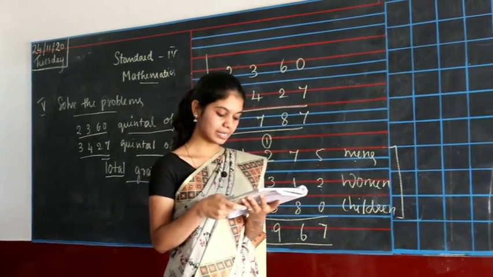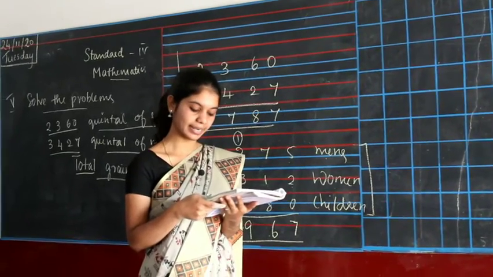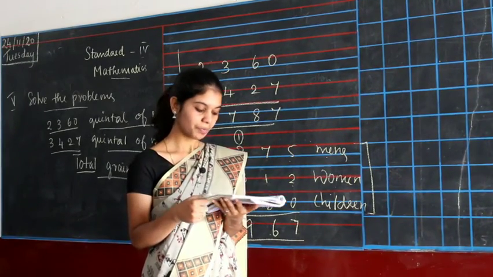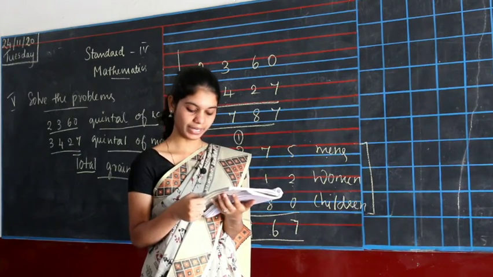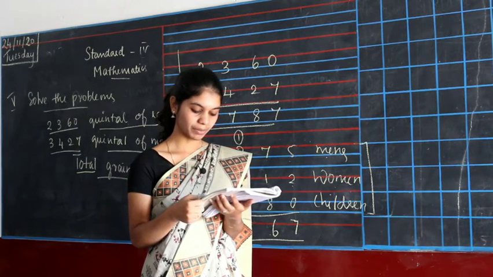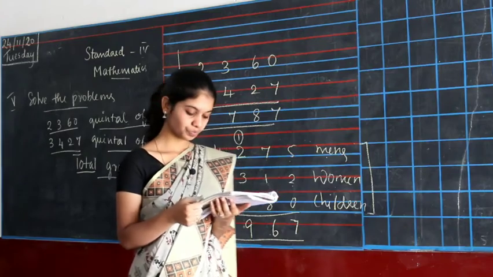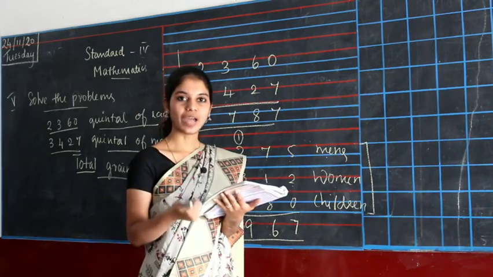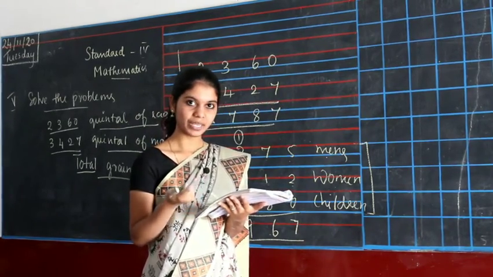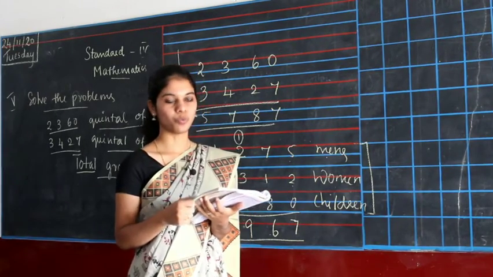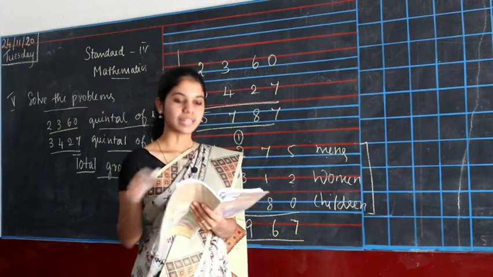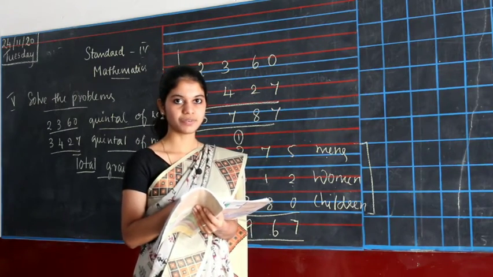The last sum will be your homework. A circus company collected 6,375 rupees in the first show and 2,895 rupees in the second show of the day. What is the total amount of money on that day? So we are going to add the money collected in the first show with the money collected in the second show. So this is your homework sum along with the sums I left unsolved in the first Roman.